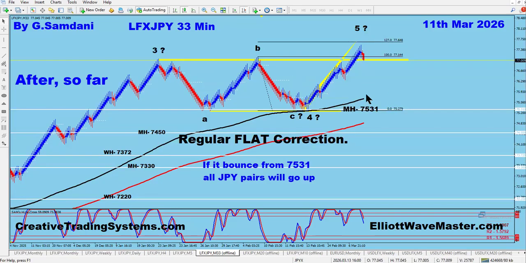So are we going to go down now? Is wave five finished, or is it just the beginning? Maybe it's like wave one, subwave one, two, and then three, four, five to the upside. That is also a possibility. And that's what everybody's talking about, that in the current geopolitical situation, Japan is getting hurt and yen is